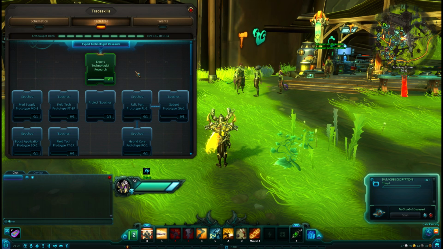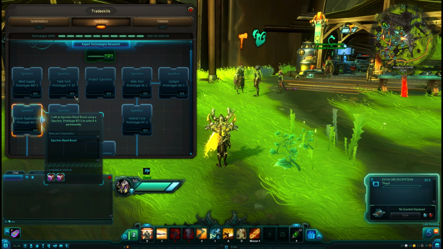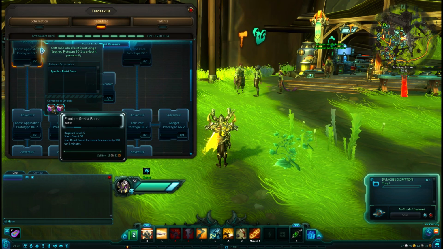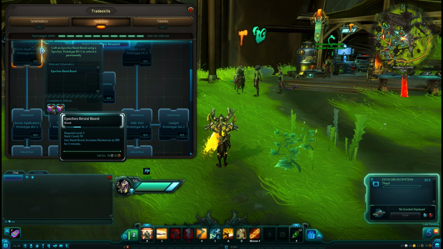Your Expert Technologist research tree is split into a few sections. You've got your medishots, your field techs, your relic parts and cores, and then your gadgets. So the medishots are pretty much what you'd expect. You go down, get some medishots, get some boosts. Bear in mind, these seem to be relatively strong, I have to admit, which is going to be really interesting,